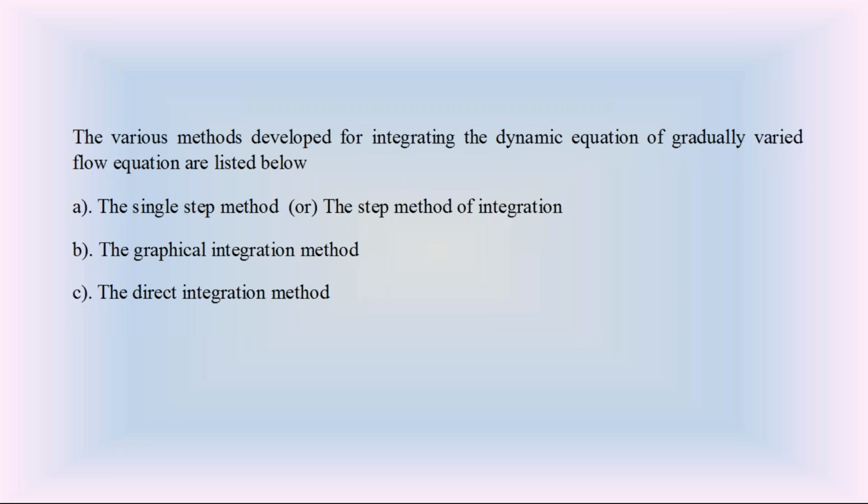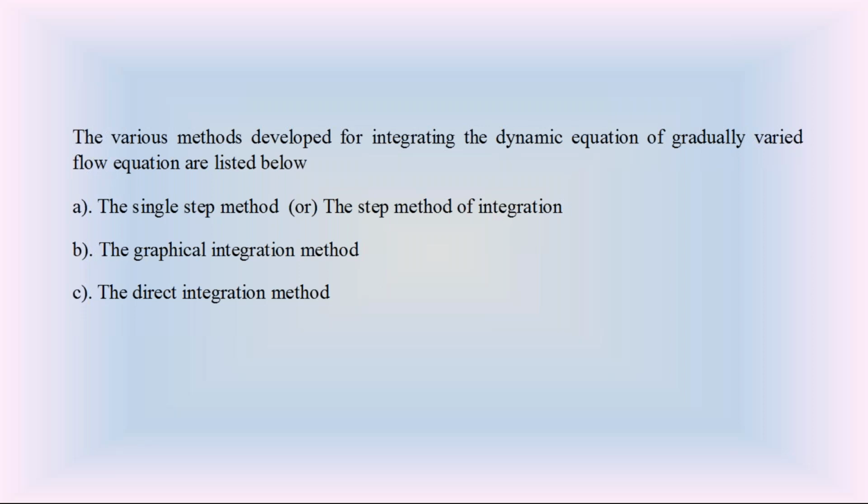First of all, we should know what the length of the backwater curve is. This is a small example, a small water surface profile in a canal. We have huge water surface profiles in dams. When the dam is storing the river water, a long water surface profile is created in the dam. We must know that length of the water surface profile in the dam to know how much area is going to be submerged on the upstream side. So in order to find out the length of the water surface profiles in dams or in canals, we use this integration of the dynamic equation of gradually varied flow.